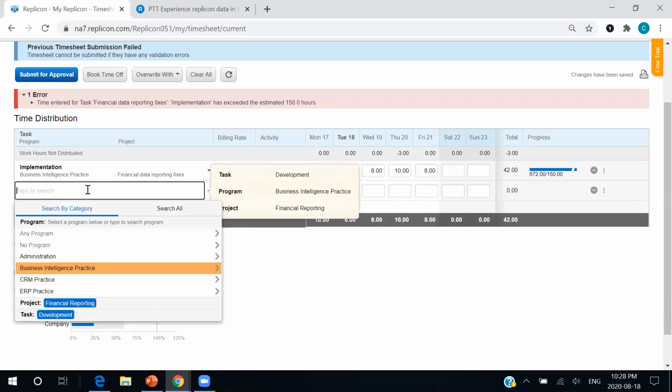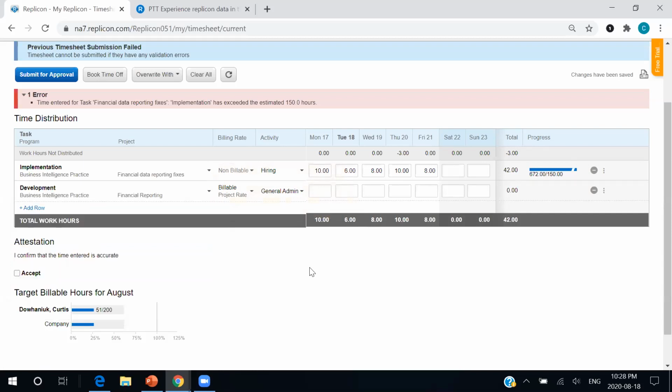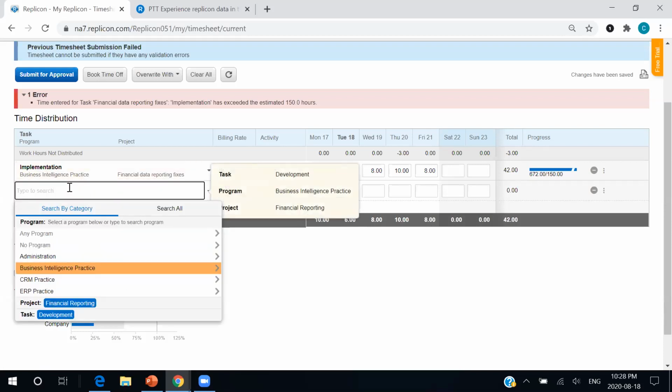It's also important to note that everything here is searchable. So if you're an organization with 100 different job codes, don't worry. Everything in Replicon is aimed towards ease of use and accuracy of tracking. So you can search all of these different job codes, and in tandem with our permissions, you can be sure that your users and resources will only be accessing the information that they need to access.